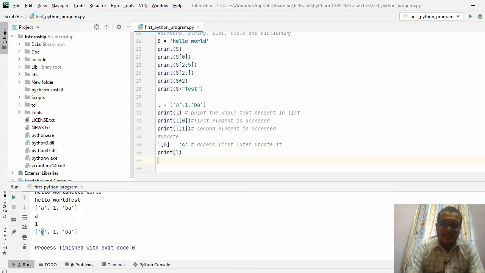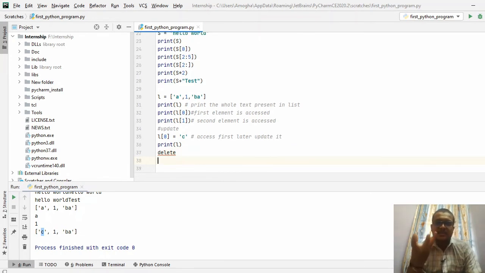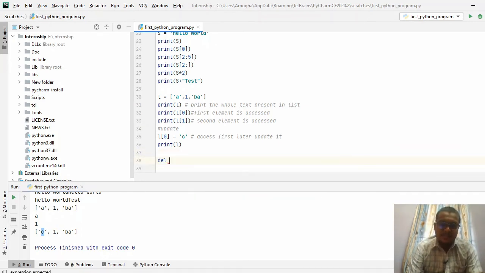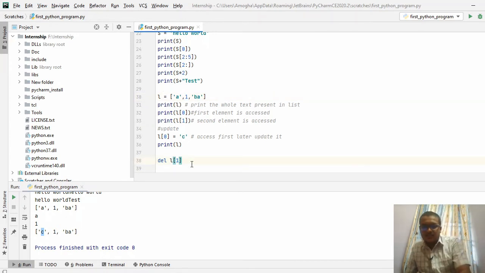You can delete from the list as well. Delete means, same procedure, access the element first and later delete it. You can just see the procedure for it. The keyword is del, delete first element. After executing this, the first element should be deleted, or if you are getting confused I can give it as 0.